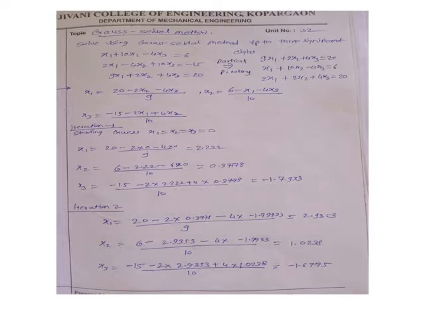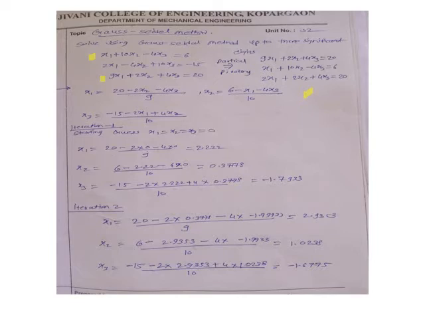Now for the second equation, we need to check which is the maximum coefficient. Okay. So if we declare this equation as the first equation, then we need to check that out of these two, which could be the second equation. So for this x2, you could see that the maximum magnitude is there in this first equation. So we shifted this first equation to second equation. X1 plus 10x2 minus 4x3 is equal to 6, and the remaining equation is 2x1 minus 4x2 plus 10x3 is equal to minus 15. So this we have arranged in this particular format.